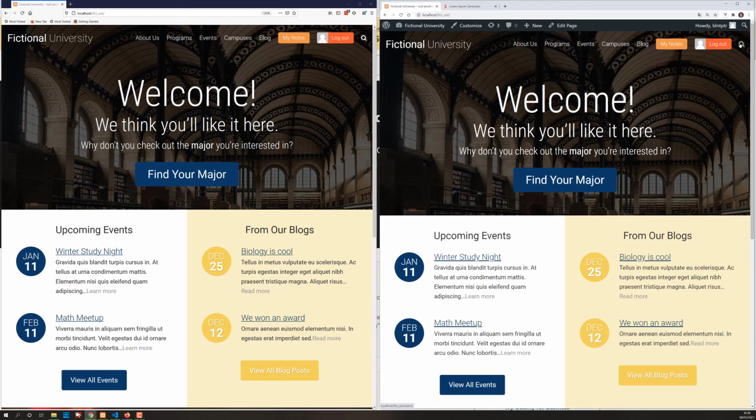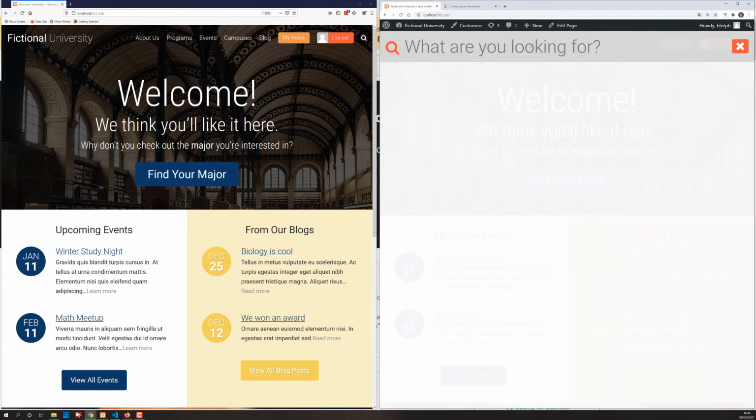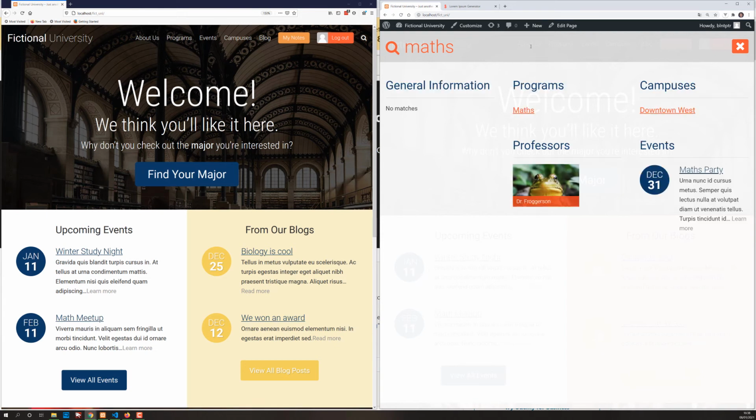Then you also code a JavaScript-powered search where the input is controlled via JavaScript and then the request is sent via AJAX to the WordPress REST API. So if I type in maths, for example, you see you get the information parsed into different categories. Now this general information is where blog posts would show up.